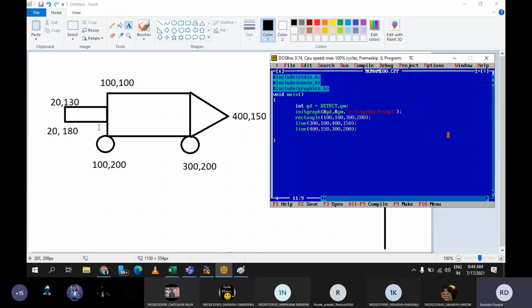Now I want to draw line from this to this. So for that what I can do, I can draw line from 20, 130 to, or if I don't want to go with line, I can form smaller triangle or smaller rectangle as well. Let me use rectangle. We'll start from 20, 130 to, now for this we need to find this point also. So at this point x value would be 100 and y value would be 180. So I can draw it till 100 and 180. Is it fine? Are you getting this? Yes, sir. Yeah, let's run this.